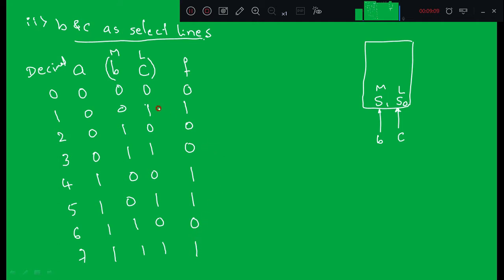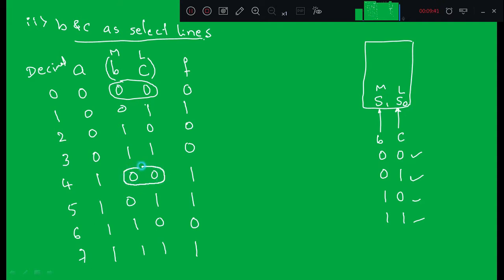So now identify where B is equal to 0 and C is equal to 0, because B and C will take 4 different values: 0 0, 0 1, 1 0 and 1 1. Similar to the previous truth table, these combinations do not arrive in order. You have to search in the truth table where B is equal to 0 and C is equal to 0. Check for one more combination.